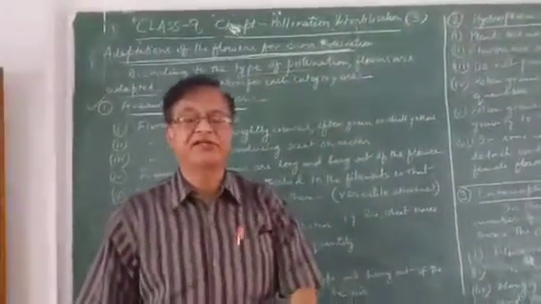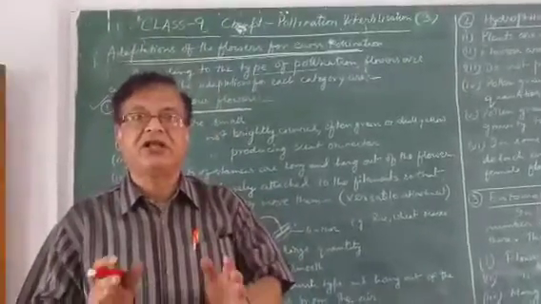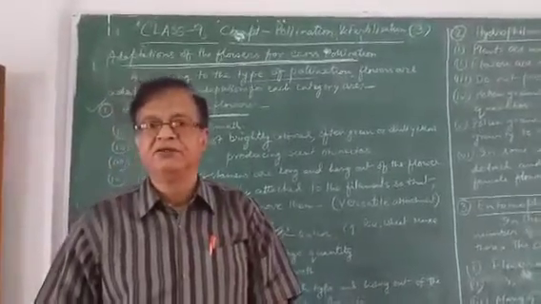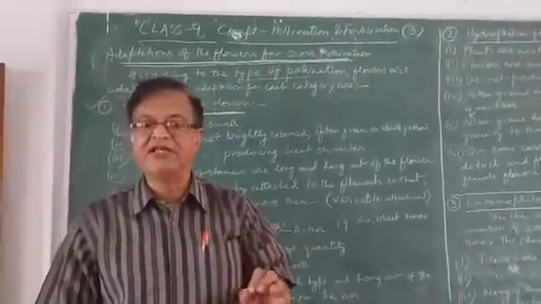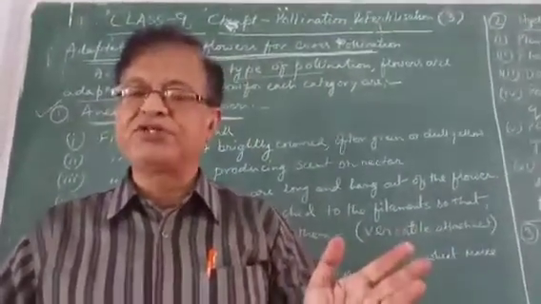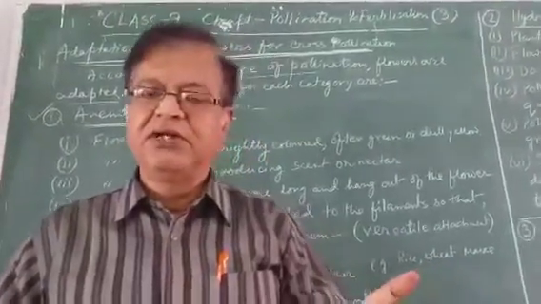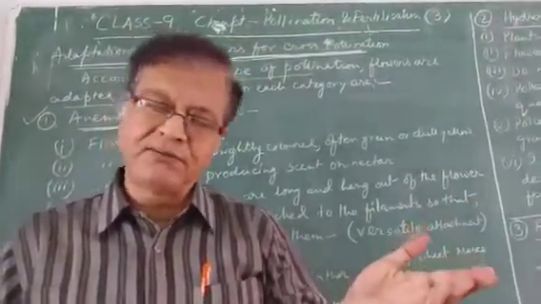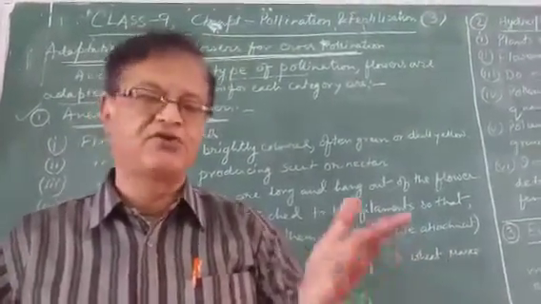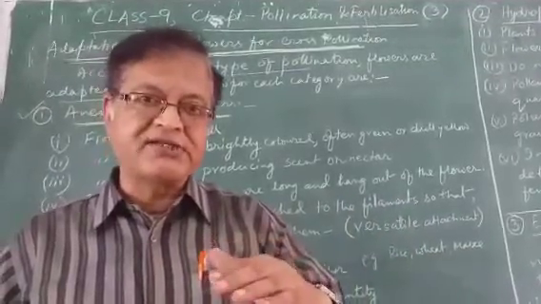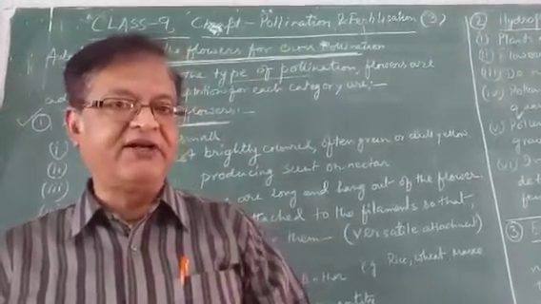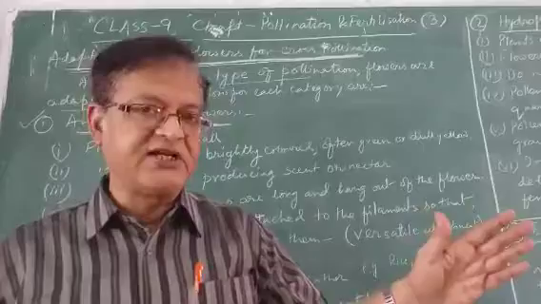In this video we will discuss the structural adaptations, the structural forms that the flowers have, those which take advantage of a particular kind of agent. You have already followed the flow chart that I gave in the previous video, different types of cross-pollination, that is entomophily, anemophily, hydrophily and so on. Now we are going to discuss the structure of the flowers which take advantage of and use the agent properly.